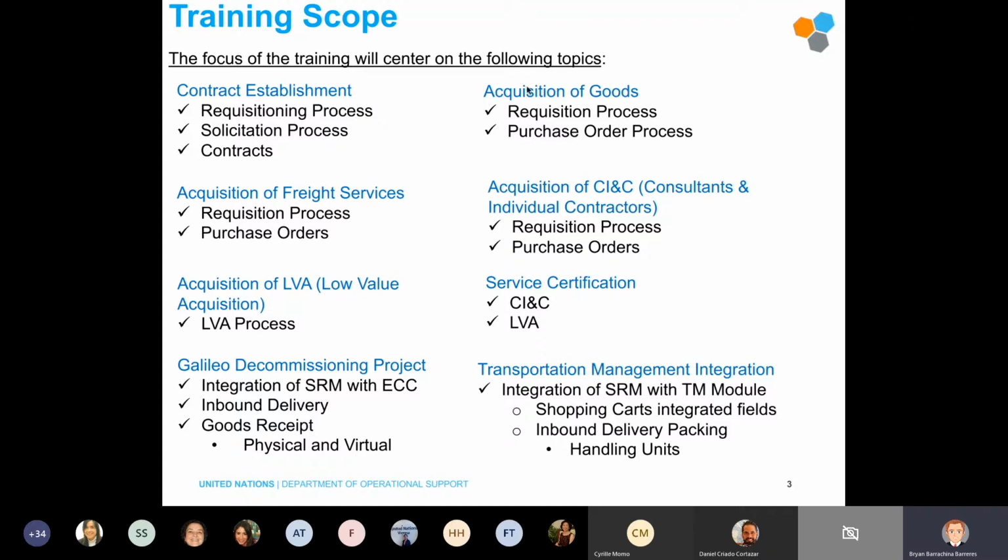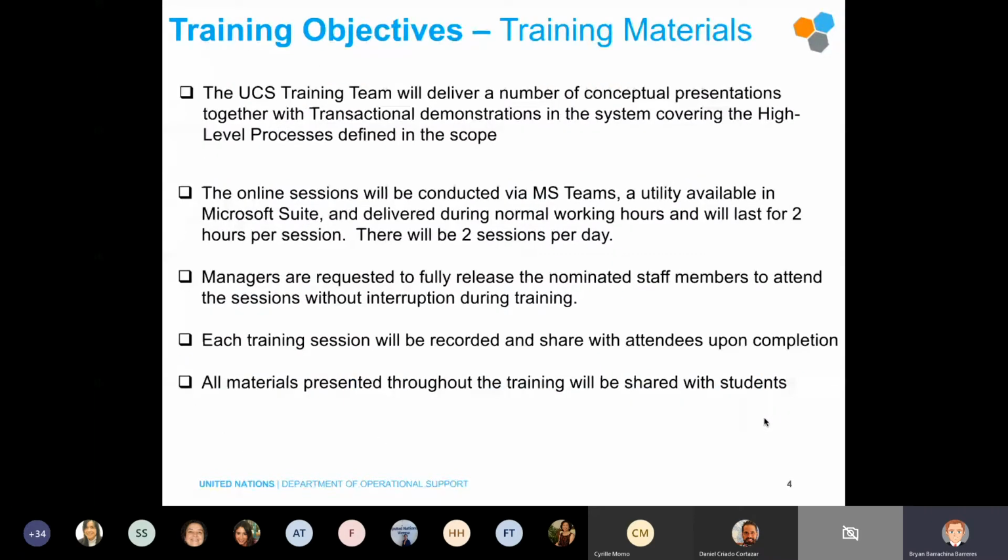So I see that there's a lot here on the screen. There is a lot to cover throughout the week. We only have 4 hours a day. This is one of those trainings that maybe requires 7 or 8. But again, as Cyril was mentioning at the beginning, this is the current situation, and we have to adapt to it. Okay, so the training objectives mainly will deliver a number of conceptual presentations, and also we will perform transactions